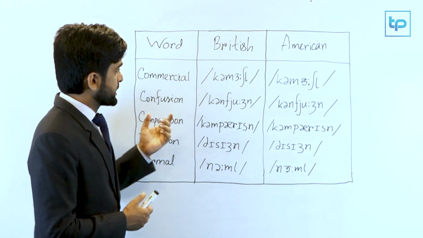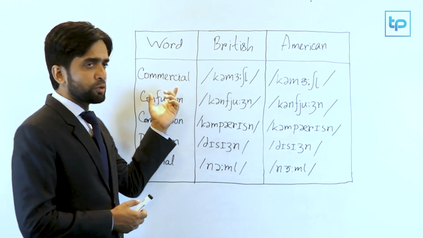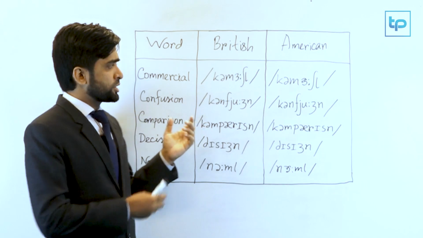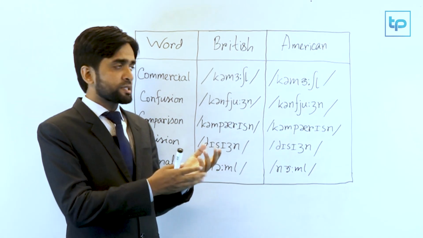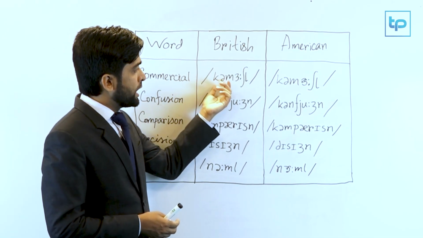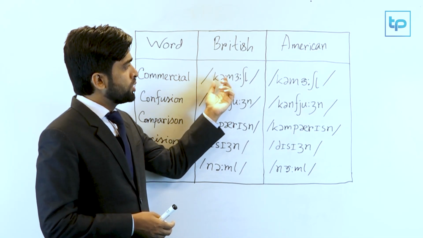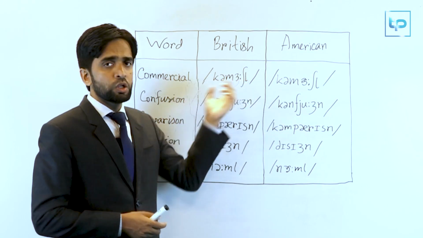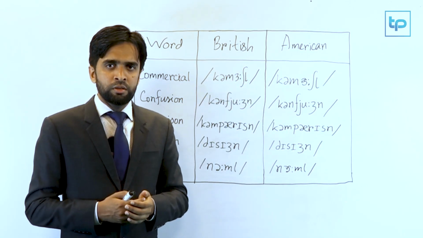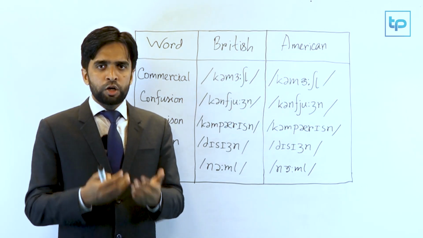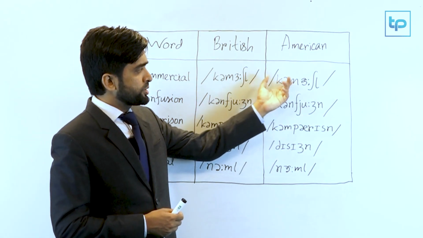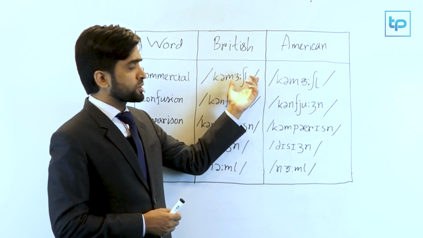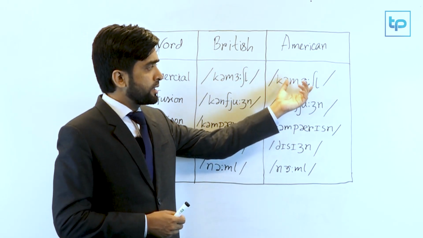The very first one is, I think, commercial. We pronounce it like this, but it should not be pronounced that way. It has to be a bit different. And what is that? Ka, ka, mo, sha, la. Commercial, commercial, right? And in American English, it is also pronounced almost like that, but they add actually